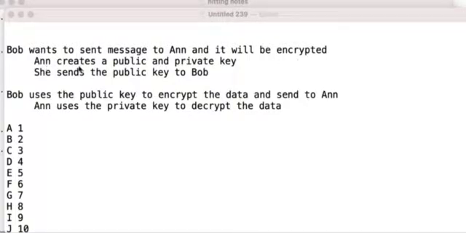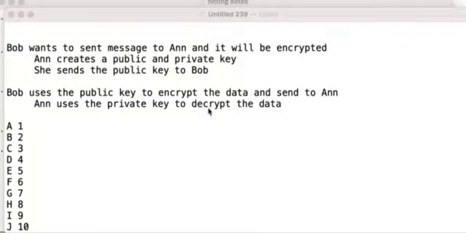So Ann creates a public and a private key. She then sends the public key to Bob. Bob will use this public key to encrypt the data. Ann will then use the private key to decrypt the data. No one cares who has the public key. It's only used to encrypt the data, but Ann keeps the private key to herself and she uses it to